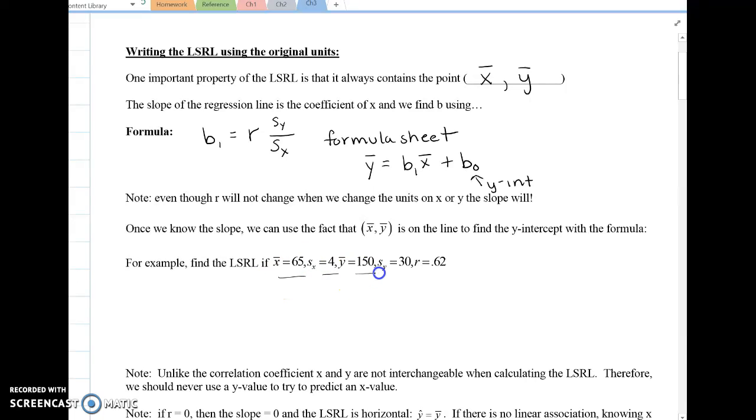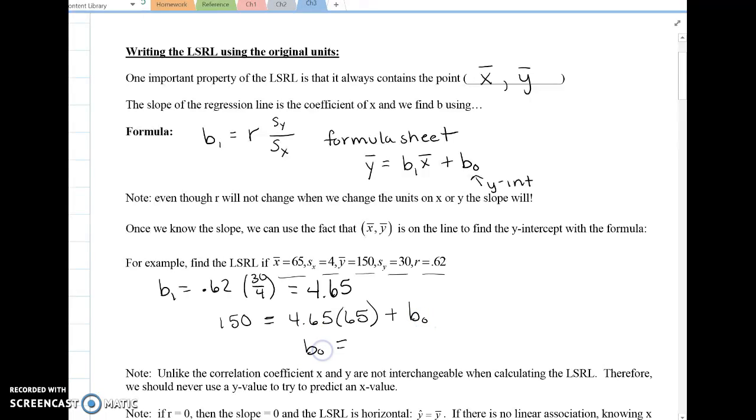So let's do the example here. You're given these pieces of information, so you should have enough. We're going to find the slope first. We do r times the standard deviation of the y's divided by the standard deviation of the x's. That gives you 4.65. So we know the slope, and we also know that y bar is the y of one of the points on the regression line. Then you take the slope times the x bar, since we know that x bar is the point that goes with the y bar, and you're going to find the y-intercept. So solving for the y-intercept, it's negative